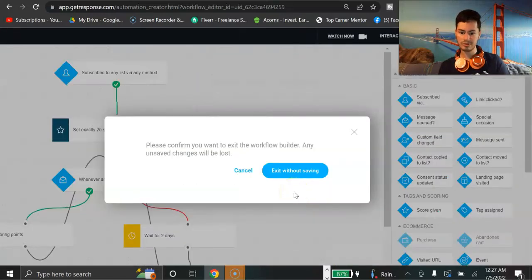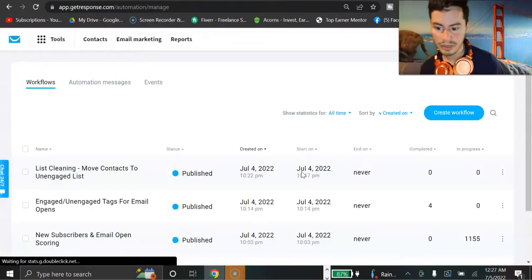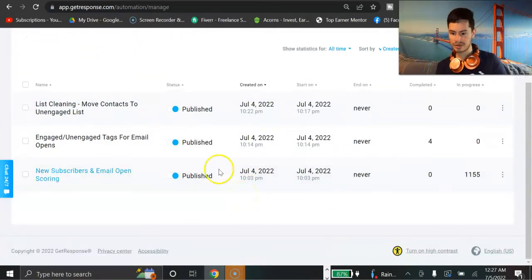If it wants to load up. Exit without saving. Yeah, because I've already created this, and then yeah, we'll just do that right there. So anyways, the next one is